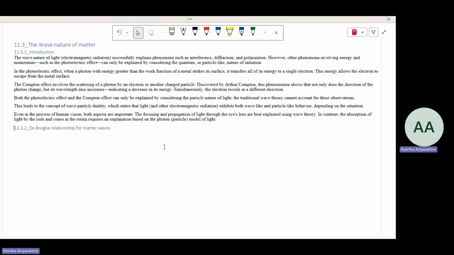So now we understand that light, or an electromagnetic wave, sometimes behaves according to waves, showing wave properties, and sometimes shows particle properties and behaves like a particle. Later, the French scientist Louis de Broglie, in 1924,